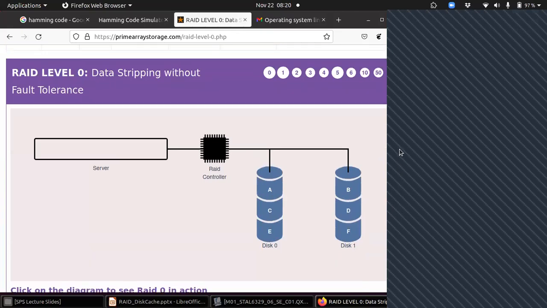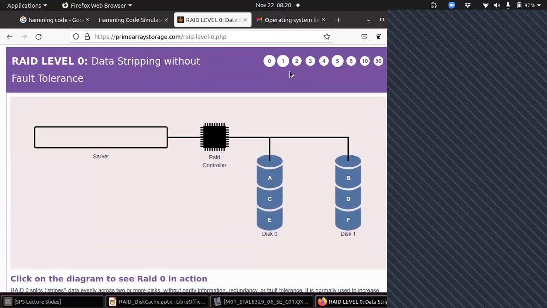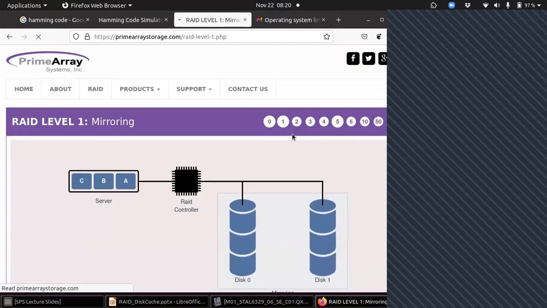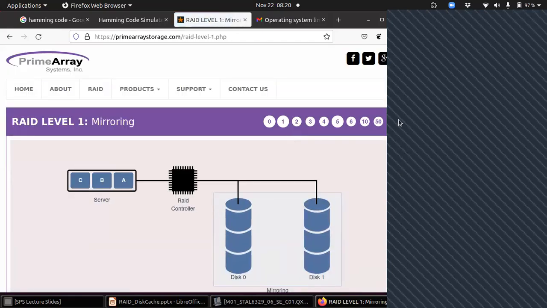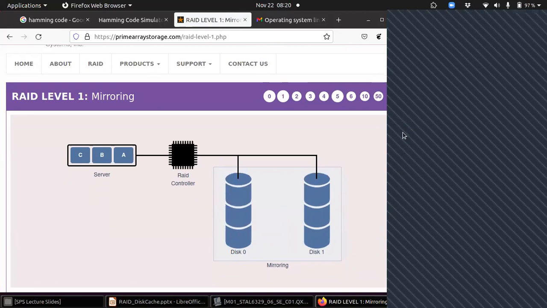Okay, let us go to the second part, RAID level 1. Now, what is RAID level 1? It is called mirroring. This is the simplest form. Can you assume what RAID level 1 is here? Mirroring. That is the hint I am giving you. Can you tell me what is going to happen here? Anyone?